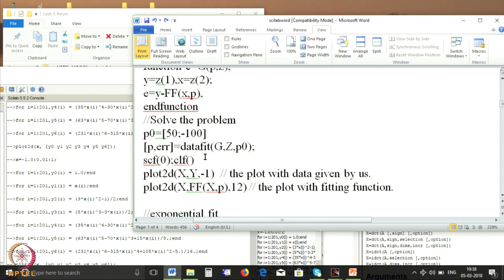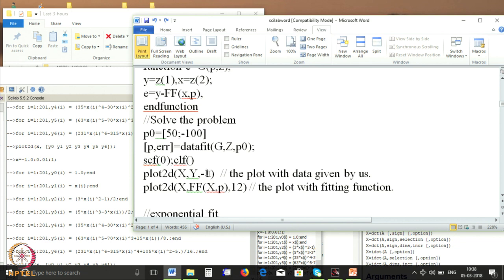So, what am I going to do now? I am going to plot x, y, -1. This is the data which we had given, x and y was the data we had given. It will plot x and y, minus 1 tells me what is the nature of the points. You can vary this third variable here. This tells you whether your points will be dots, stars, plus signs and so on. The third variable in a plot statement tells you the nature of the graphics.